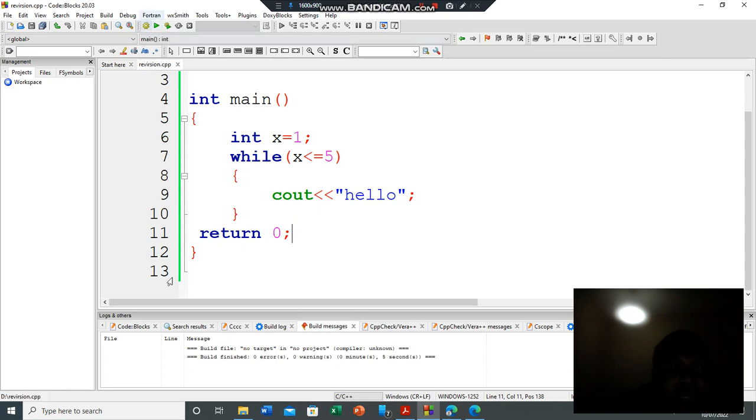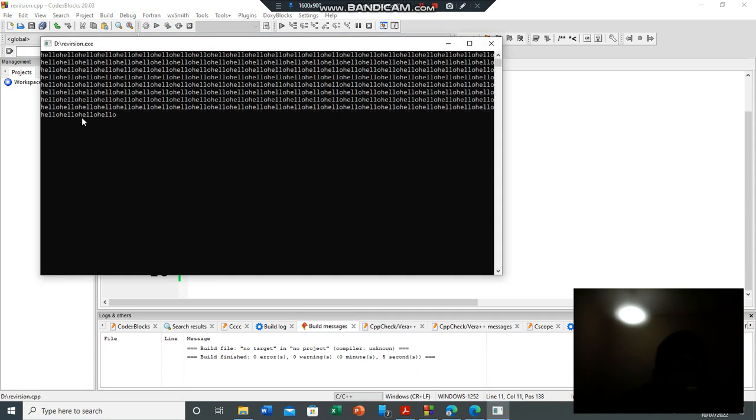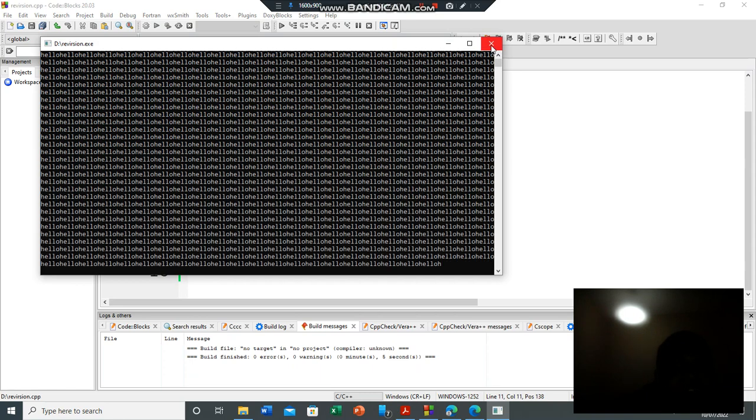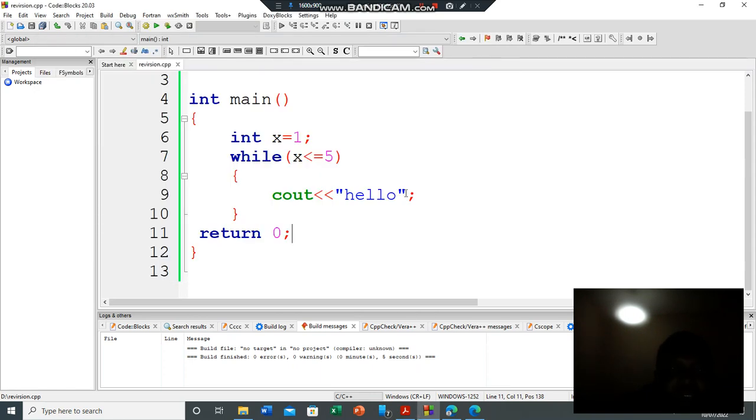But when you build it, it will be fine. There will be no errors. But when you run it, it won't do exactly what we want. It's going to be printing hello, hello until your computer crashes. So in order to fix that, you must add